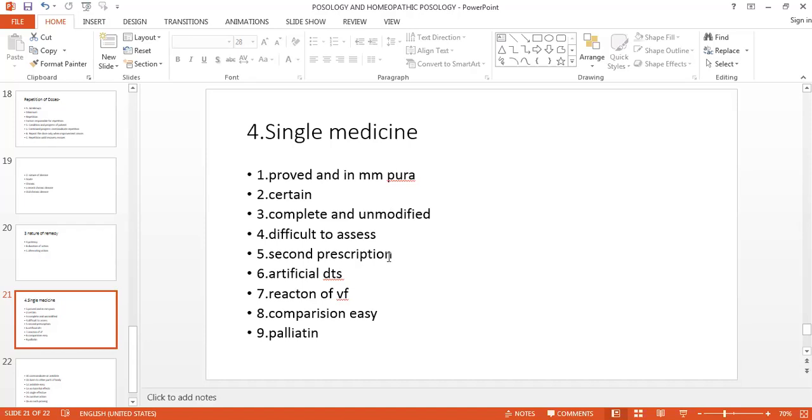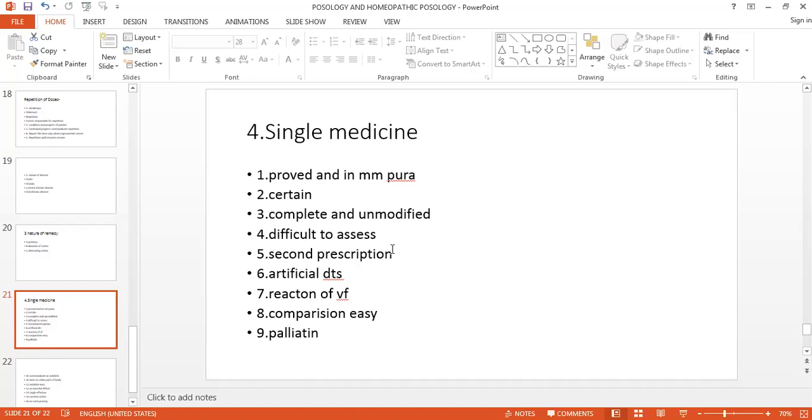Fourth one is that if one or more medicines are used, then it is very difficult for the physician to assess or judge whether the symptoms are removed by the first medicine or the second medicine. रस्टॉक्स ने ठीक किया है या आर्सेनिक ने ठीक किया है, it is very difficult to assess the symptoms of that patient. Then it is quite impossible to give the second prescription, कि पहले मेडिसिन ने काम किया है तो